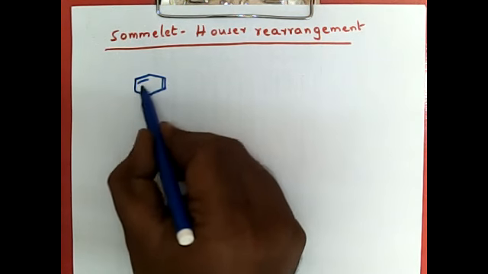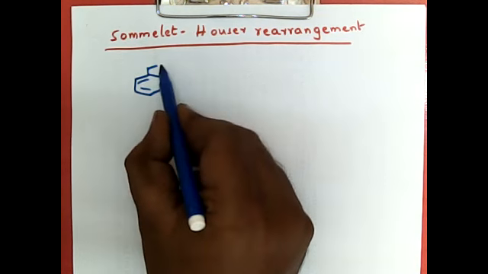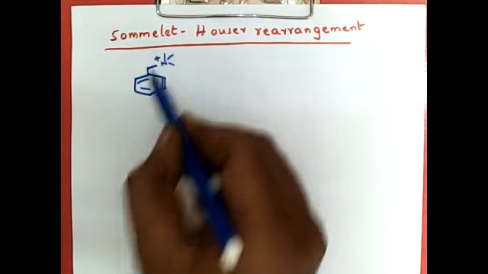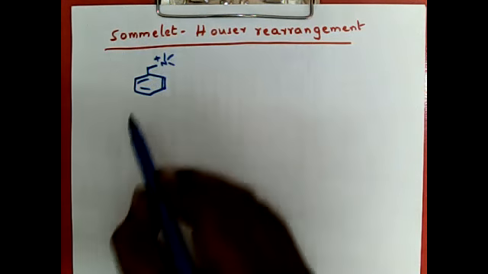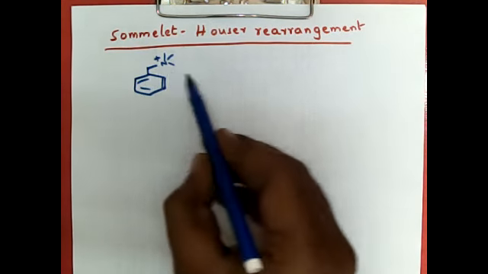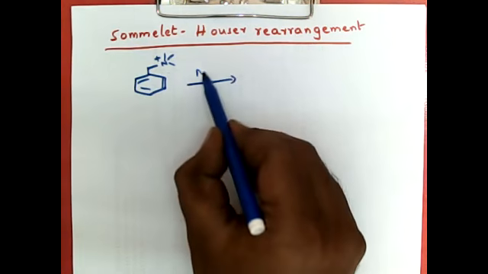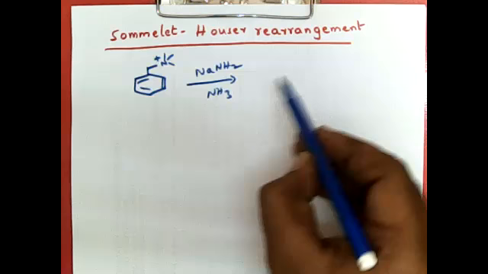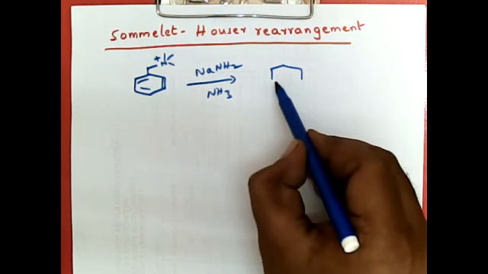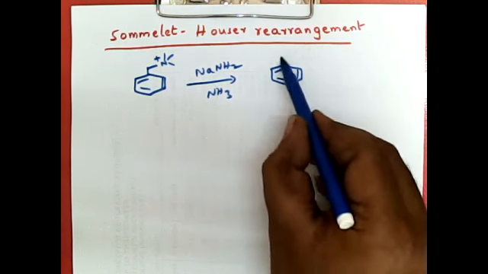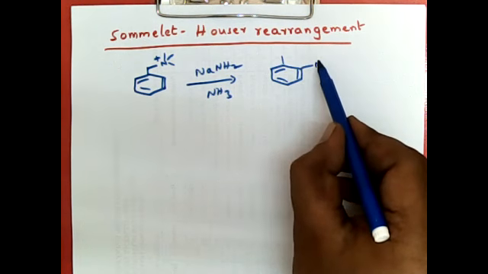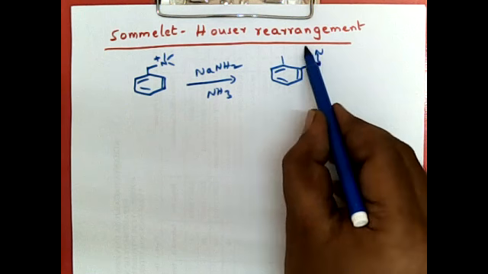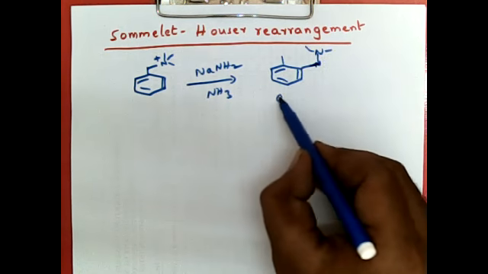Rearrangement of benzylic quaternary ammonium salts under basic conditions to ortho-substituted amines